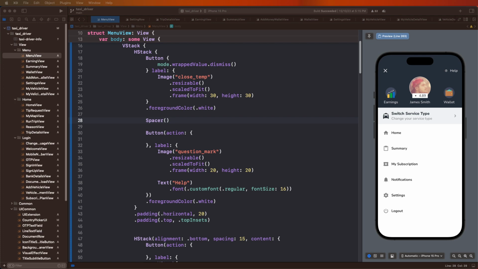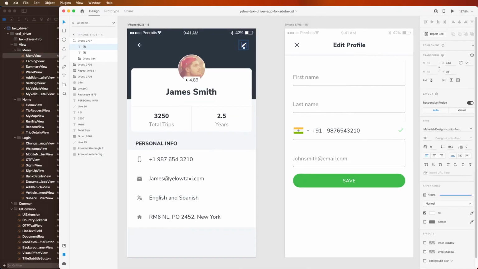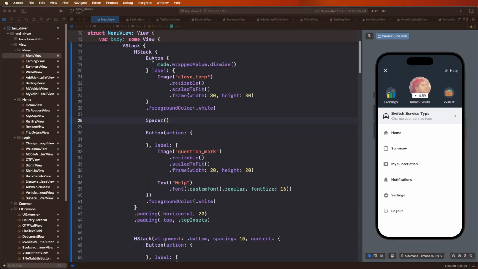First of all, we need to open these XD files and look at the designs we need to develop first, and after that we need to create the edit screens. Let's start writing inside SwiftUI. First of all, we need to copy this menu UI